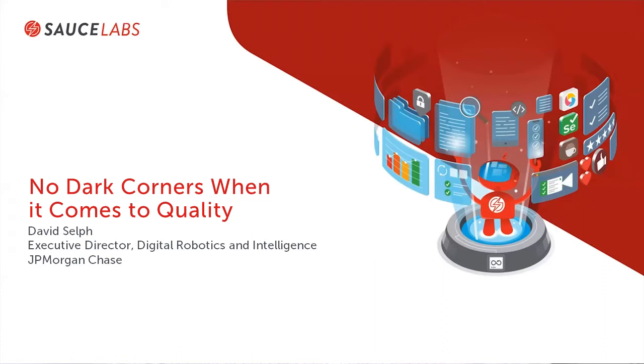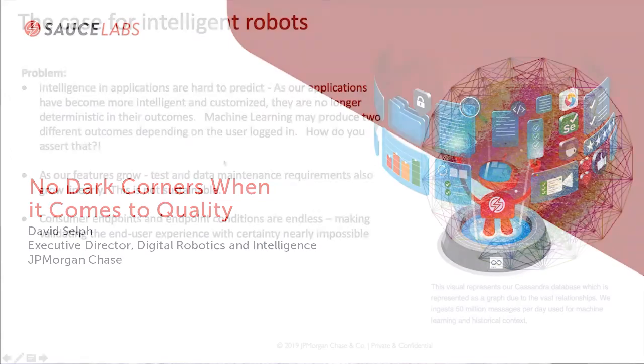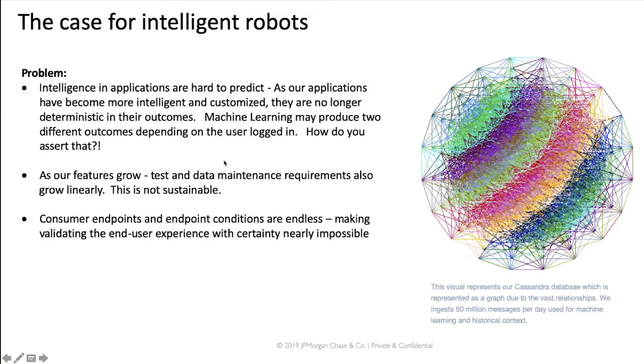I'm from JPMorgan Chase in the digital organization there, and I run a digital team that looks after digital intelligence. So we run intelligent bots to do the quality assurance for a lot of Chase's products. Today I'm going to talk about how we're approaching this in an increasingly complex environment in terms of our